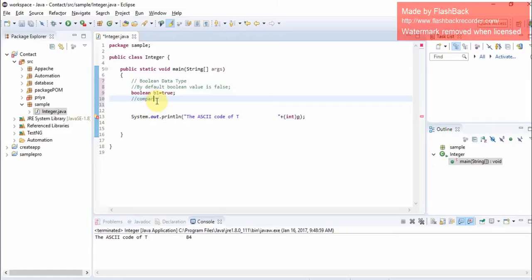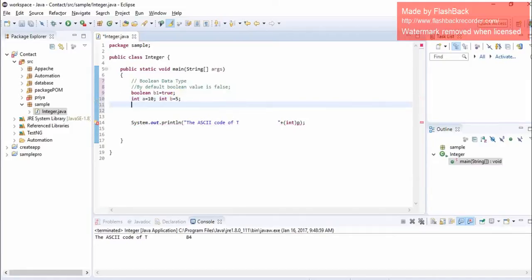So for that I am going to declare two integer type variables: int a equal to 10, next int b equal to 5. Next, to store the result, boolean result equal to